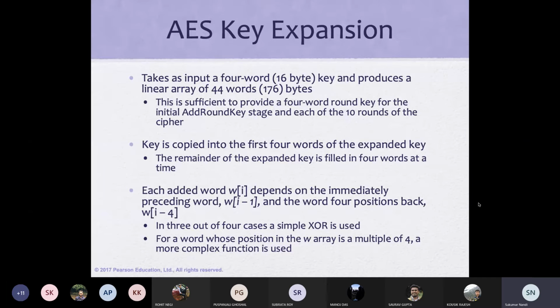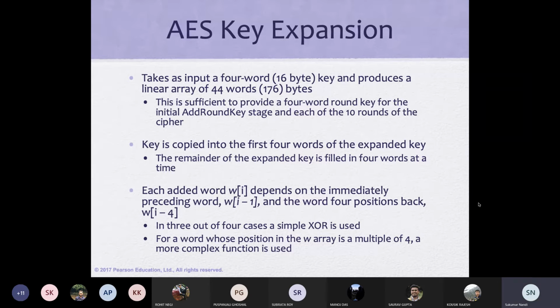How many keys do we have? We have 128-bit keys, or 192-bit keys, or 256-bit keys. At present, the preferable one is 256. But this example, or the slides, are prepared with 128-bit keys. If we use 128-bit keys, the total number of rounds is 10, but we have to generate 11 subkeys, every key of 128 bits.